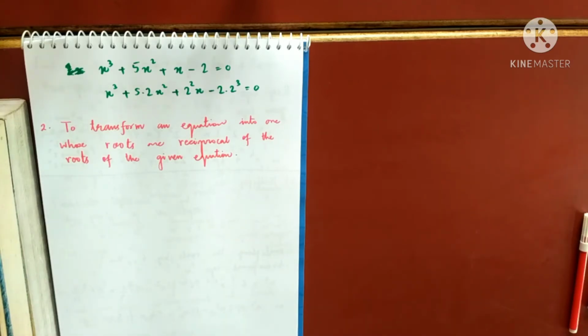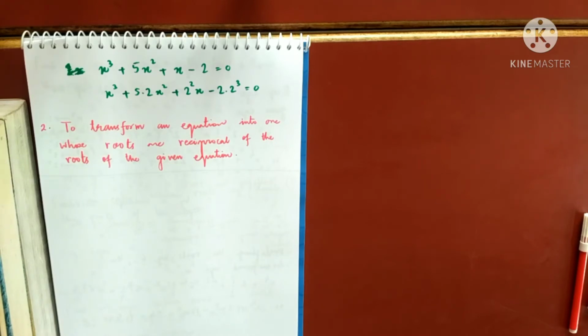That means if my equation has roots alpha 1, alpha 2, alpha 3, dot, dot, dot, alpha n, and assuming that no alpha i is 0, because if alpha is 0, I cannot talk about the reciprocal, that will be infinity. Okay, so if all the roots are non-zero and they are alpha 1, alpha 2, dot, dot, dot, alpha n, I want to get an equation whose roots are 1 by alpha 1, 1 by alpha 2, dot, dot, dot, 1 by alpha n.